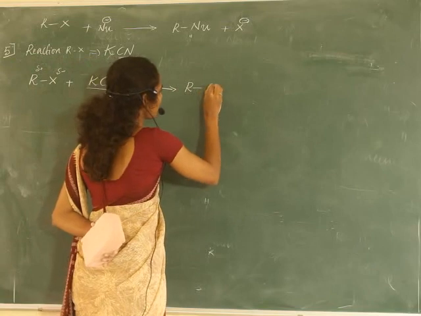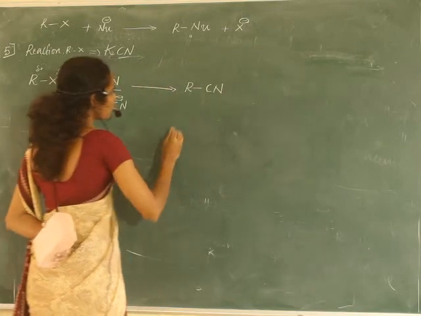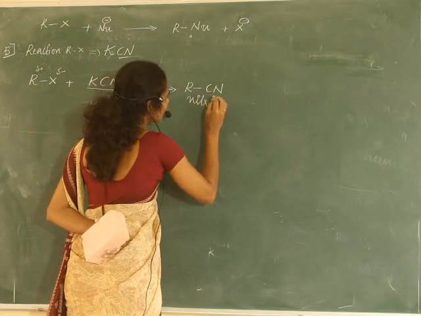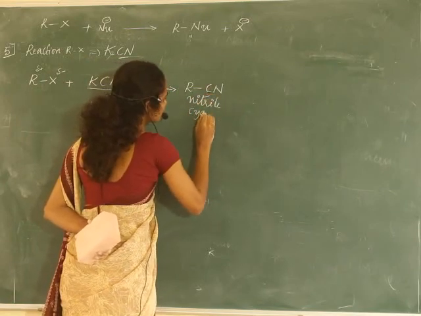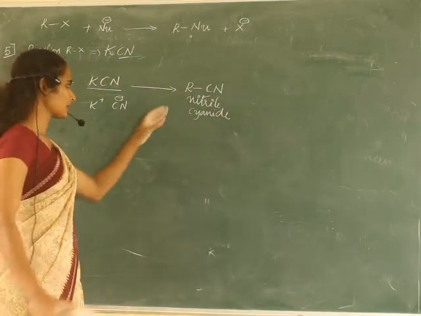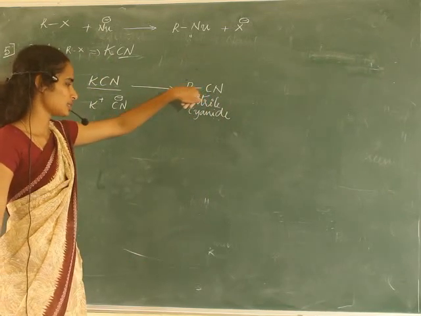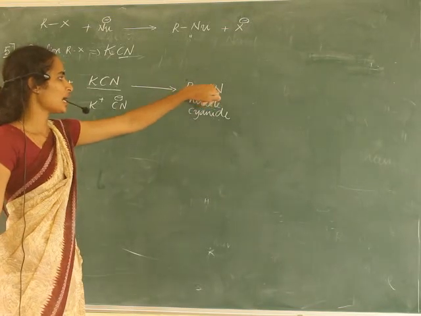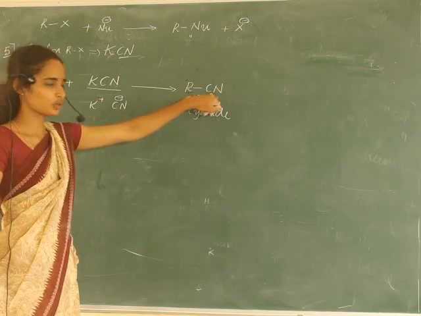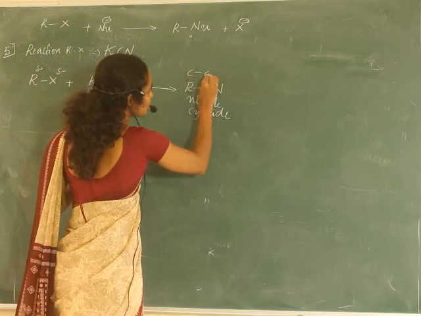Alkyl halides on reaction with potassium cyanide result in the formation of alkyl and CN. It bonds through the carbon atom. That is the formation of a nitrile, or the formation of a cyanide. In this compound, the R group, that is CH3, has its carbon attached directly to the carbon of the cyanide group. Hence it is a nitrile. Here carbon bond formation takes place.